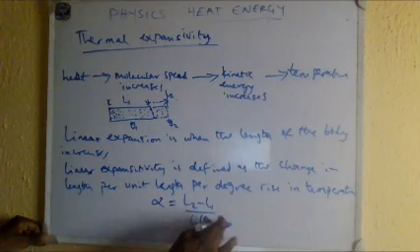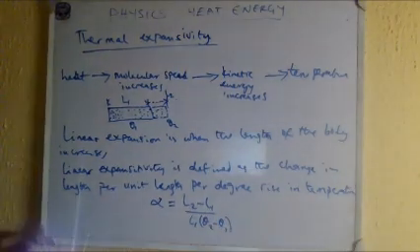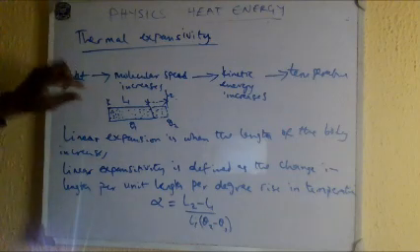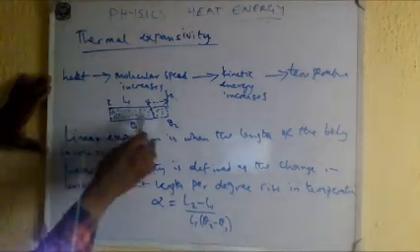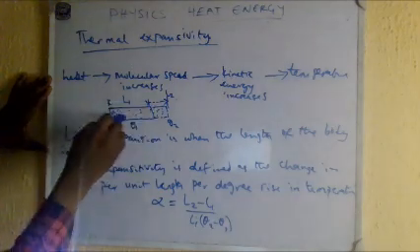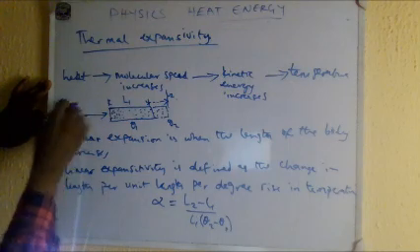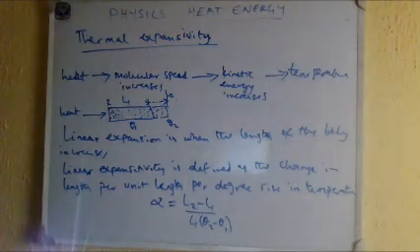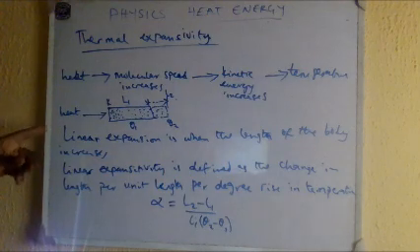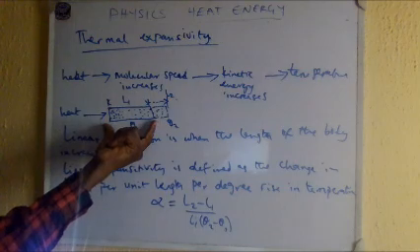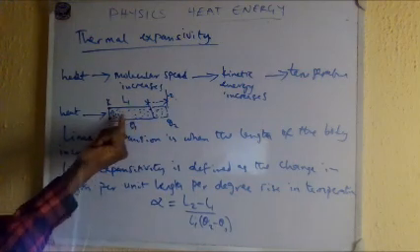This is the mathematical formula for linear expansivity. You see, look at it here. Initial length is L. From here to here, initial length. When heat is applied, or when temperature increases, heat leads to increased temperature. So I'll be using this term heat. Understand? When heat is applied, the temperature increases, and when temperature increases, the molecular speed of all these particles increases,